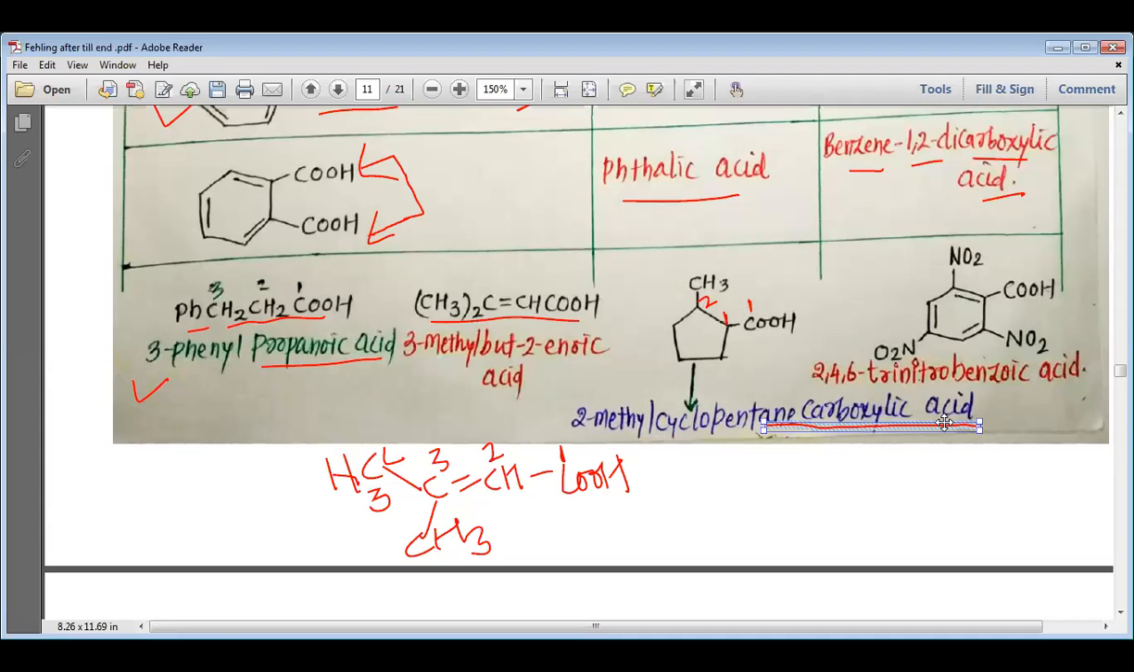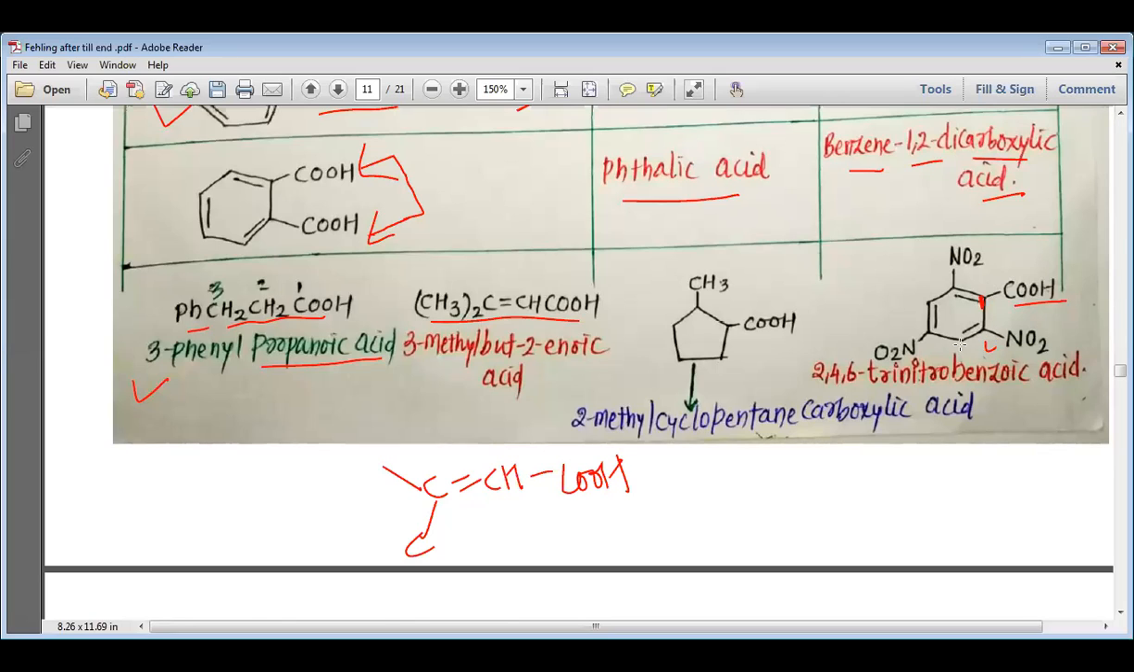So when we write the name, we will write carboxylic acid at the end, and it's 2-methyl cyclopentane carboxylic acid. Same way, my dear students, we can write it here. We have a benzene ring where we have the carboxylic acid. So this carbon should be given the first number. When we give the first number to this carbon, if you move in this manner,